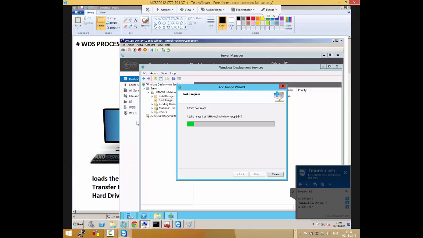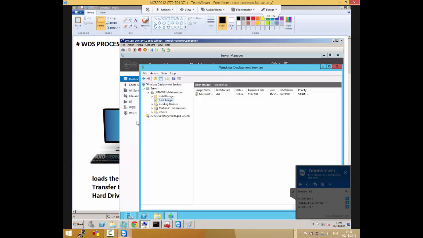And again, where will the computer load this image to? It will load into the memory. Exactly. So this one is not stored in the hard disk at all. The computer loads it directly into its memory and runs it directly from its memory. So it's really light. It's Windows, but they've taken away all the features and it's just basic Windows, just something that the computer can use to boot so that it can connect to the WDS server. So we finished there.